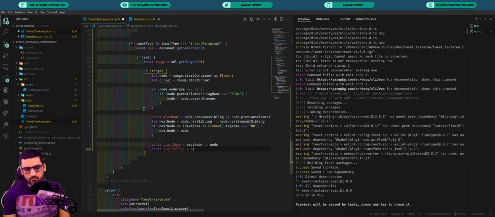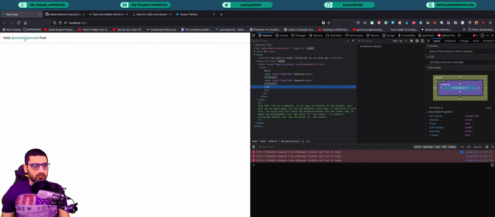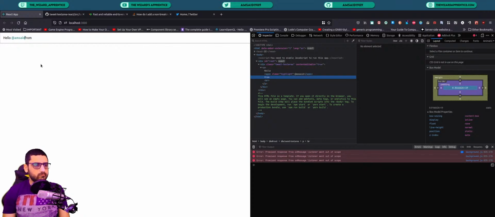So basically we're going to select, like, let's just delete this one, and let's say we have this, and this would be the previous node. We just want to select everything from the start to everything at the end here of the next node, which is this one. So we basically want to select all of that. So that's why we set the start offset to 0 of the start node,